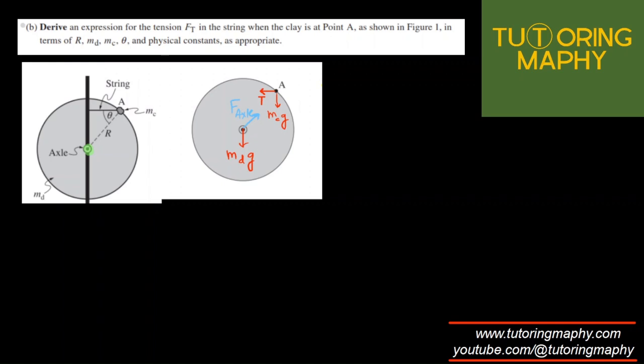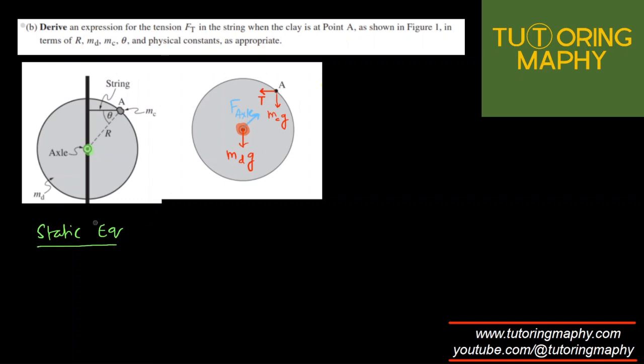Why is this helpful? Because I'm now going to say that the net torque about the axle is going to be 0. Why is it going to be 0? Because it's in static equilibrium. So since this is a question of static equilibrium,